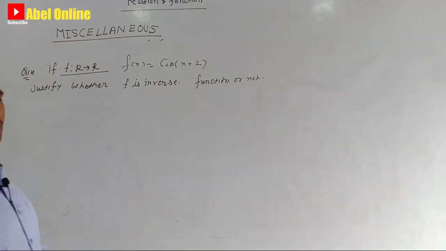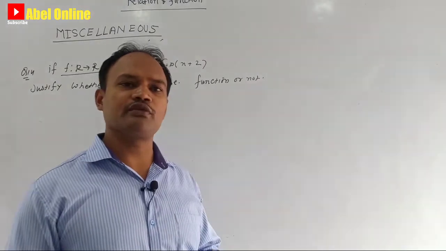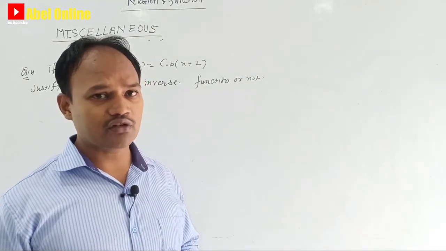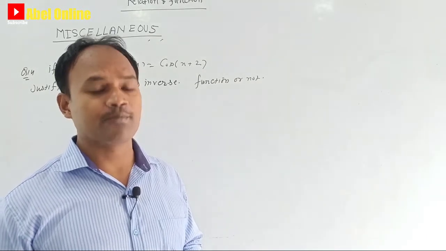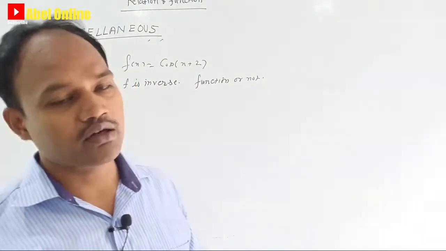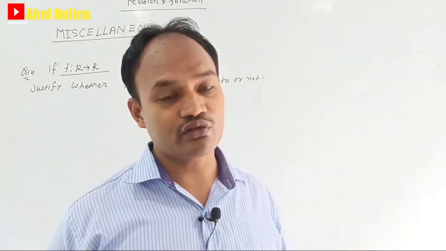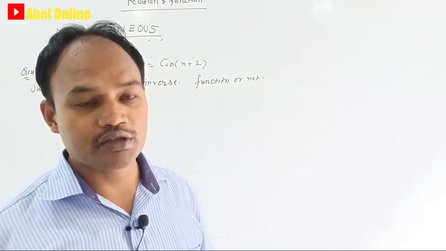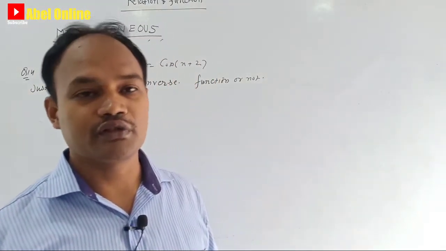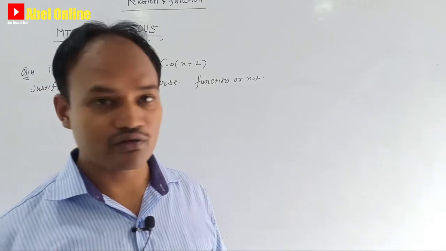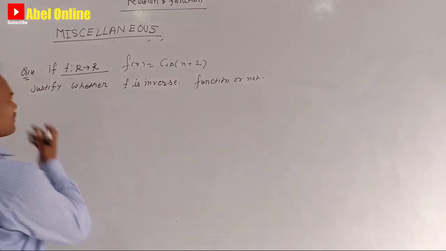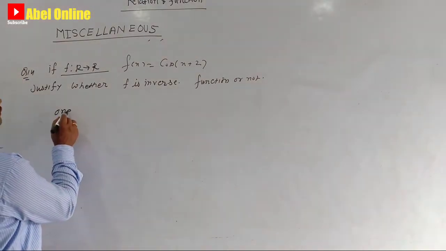You know very well, if you are going to find the inverse of any function, then we have to prove it is one-one and onto. So firstly we are going to prove whether it is one-one or not. If it is one-one, then we can prove onto and proceed further. But if it is not one-one, then we can drop this question, because if it is not one-one, then it is not one-one onto also, and the inverse function does not exist. Okay, so we check first whether it is one-one or not.